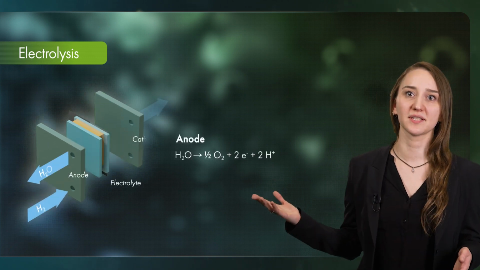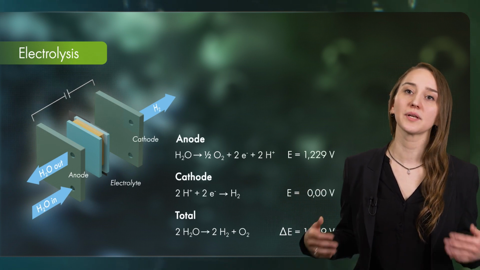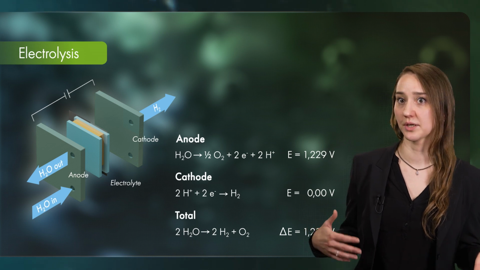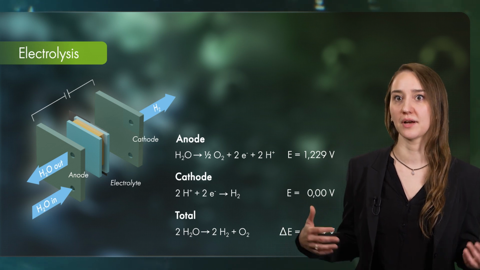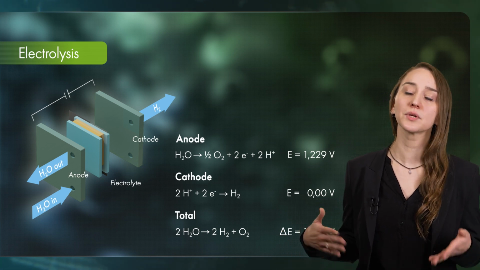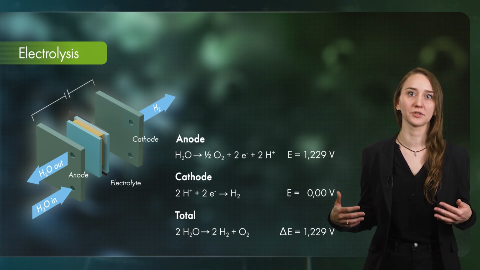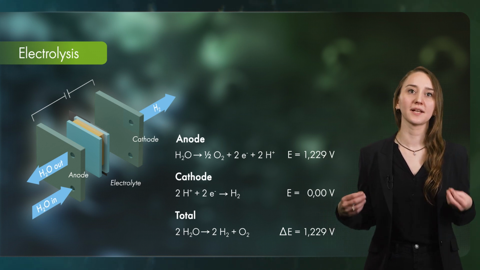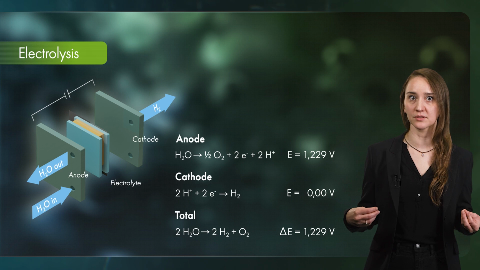Here, you see this process in an acidic environment. In practice, we feed water to the electrolysis cell's anode, where it is split into oxygen, protons, and electrons. Oxygen can be collected as an anode product, while protons are traveling through the ion-conducting electrolyte. Electrons are traveling through an external circuit. More on that later. On the cathode, protons and electrons then recombine into hydrogen. In total, this gives the decomposition of 2 molecules of water into 2 molecules of hydrogen and 1 molecule of oxygen.